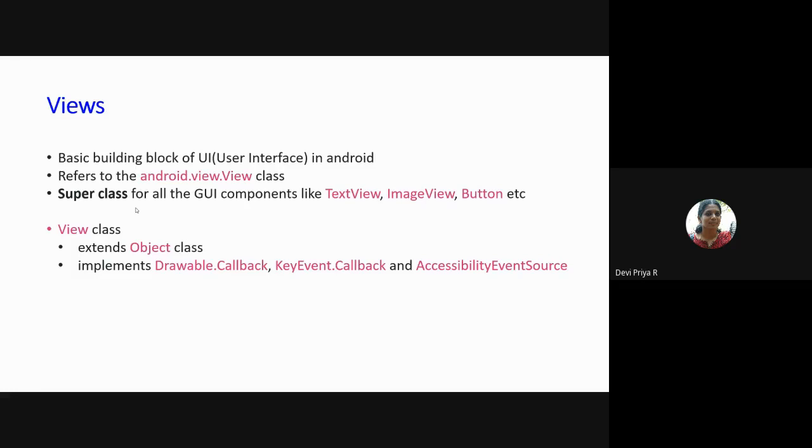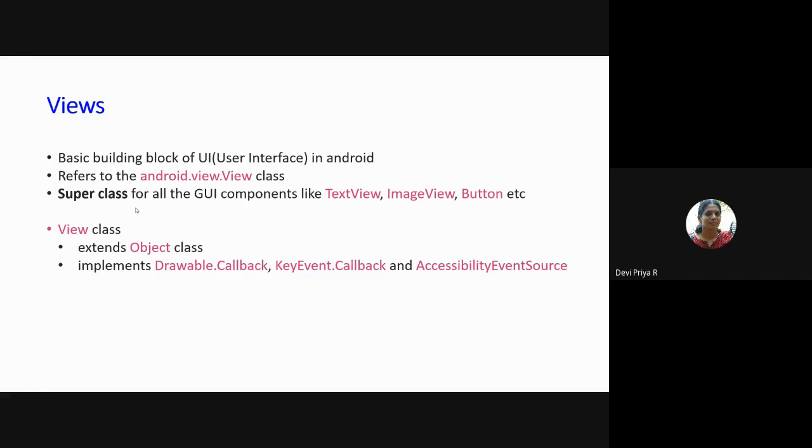And it is a super class for all the GUI components. First, let me tell you the basic meaning and definition of view and layout, and then we'll see the hands-on. It is a superclass for all the GUI components like text, image, button, video, rating bar, all those kind of things. And this View class extends the Object class. Actually, there is a class hierarchy in any object-oriented programming language.